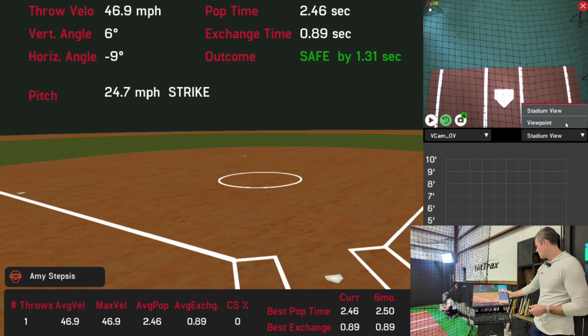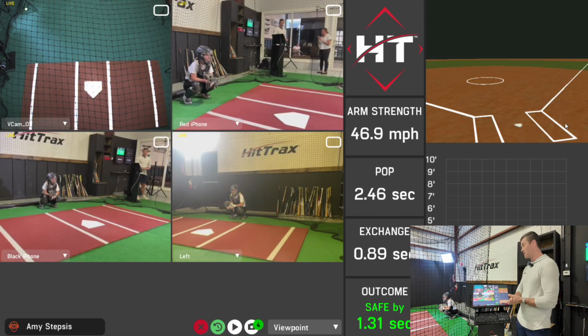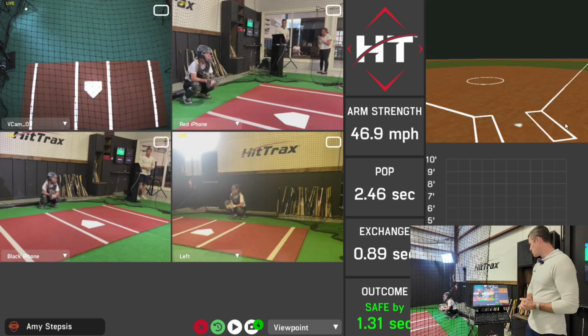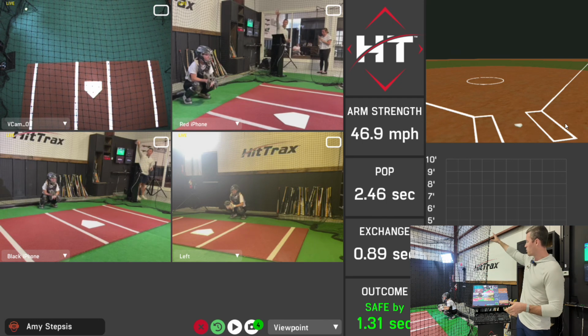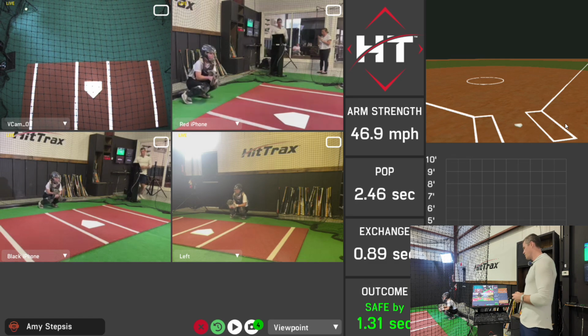At the stadium view, I'm going to switch to the ViewPoint view. Shows all 4 at the same time. You could just have 1, you could just have 2 if you'd like as well, but we're going to use all 4, go all out today. We have an overhead view with our older video camera, that's the corded connection, and they have 3 iPhones set up on the ground. So now if Dom throws one more,